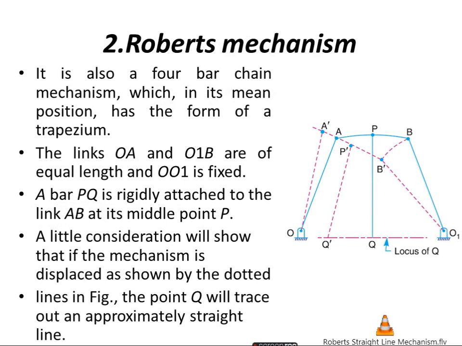So it is also a 4-bar chain mechanism, which is in its mean position has a form of a trapezium. Okay, the shape here looks like a trapezium, so they have given as a trapezium shape. And here,